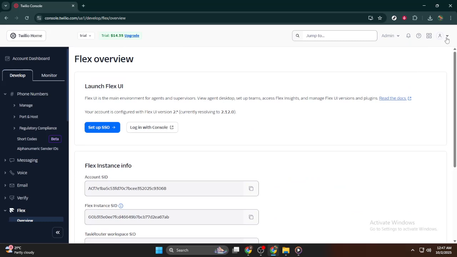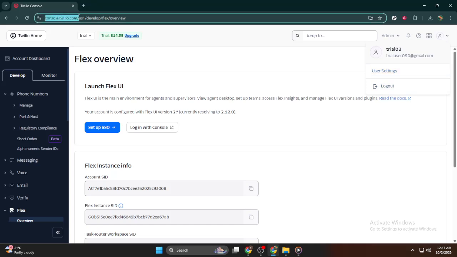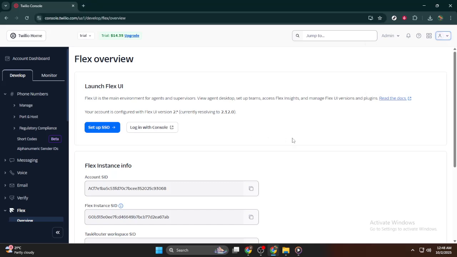First, you'll need to log in to Twilio. Open your favorite web browser and head over to the Twilio console. Enter your login details and sign in to access your account. If you haven't done this before, make sure your account is all set up and verified. Once you've logged in, you'll find yourself at the dashboard of the Twilio console, which is your central hub for